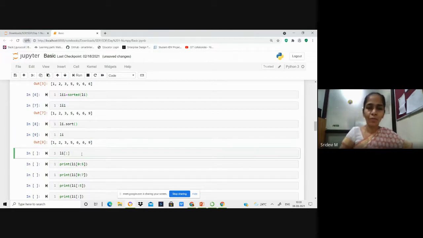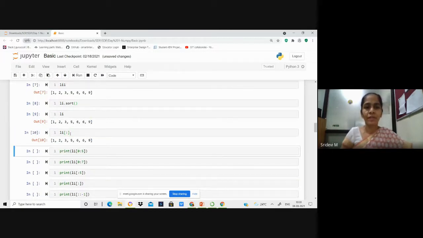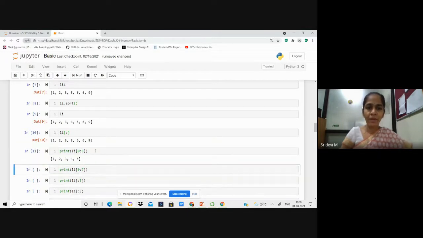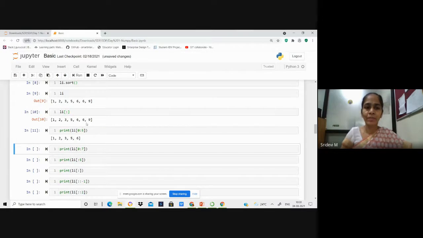Right? Now, if you want to print the list items using slicing, when you don't mention the starting point and the ending point, you get all the elements displayed. But when you give some starting index number and the ending index number, then you will have only those elements printed. 0, 1, 2, 3, 4, 5. Till the fifth index number, the elements are not printed, but one index number less than 5. So till 4, these elements will be printed in the output.